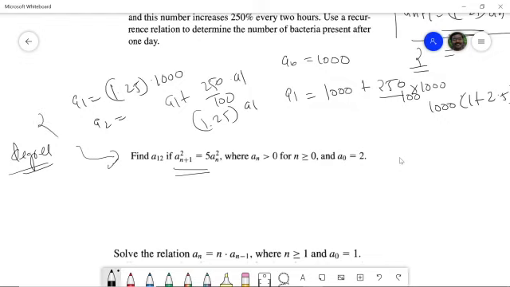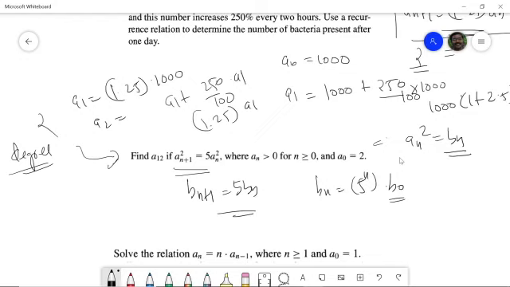We'll study more about degree and order in the next session, but I hope this is clear. Now let us try to do this problem. It can be done in a much easier way by using a transformation. If I call an squared as bn, this reduces to our original problem: b(n+1) is equal to 5 bn. You know the solution of that problem: bn is equal to 5 raised to n into b naught. So this is the solution of this problem.